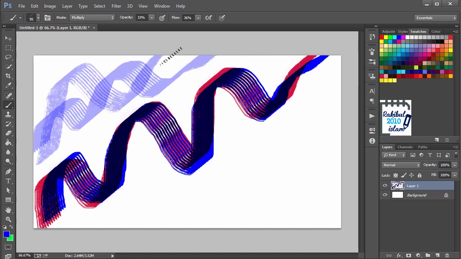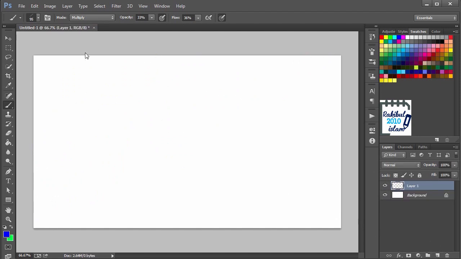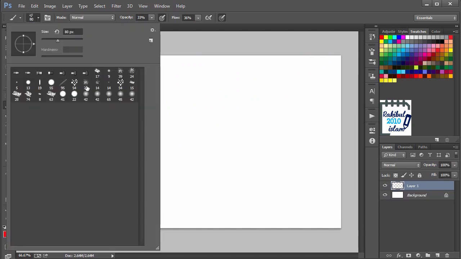If you have a pressure sensitive graphic pen, then you can enable these two options. It will allow you to increase or decrease the opacity or flow following the pen pressure. Let's delete it. Let's select a different brush tip from here.